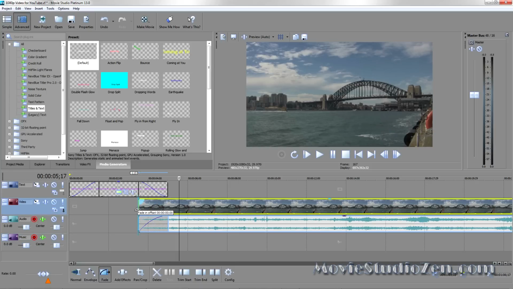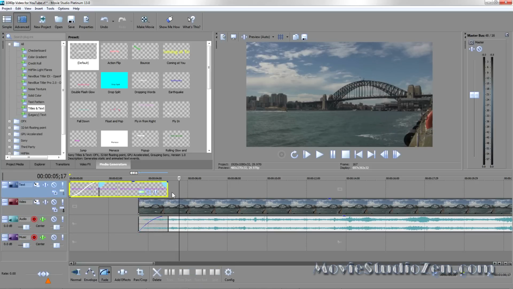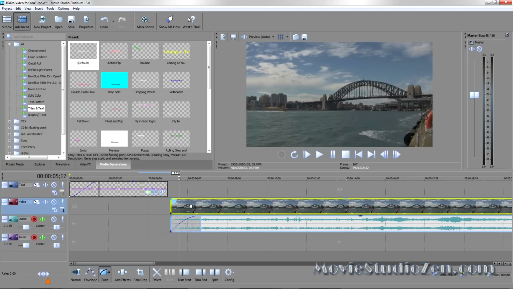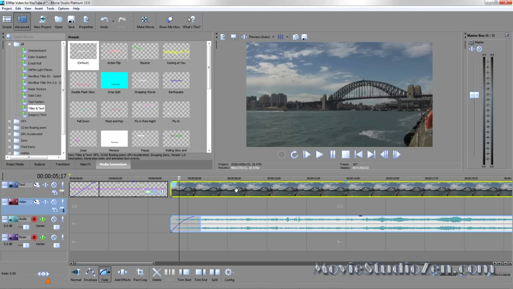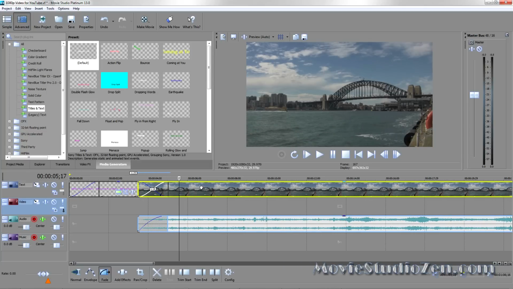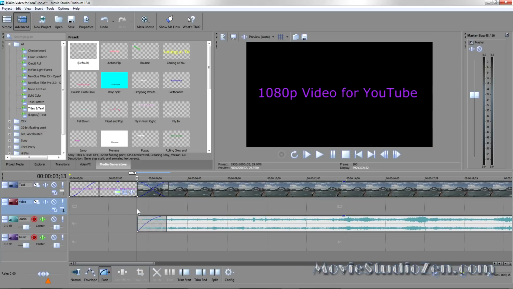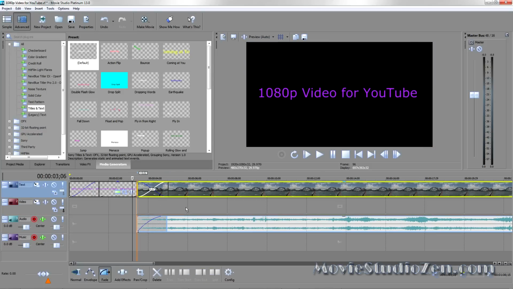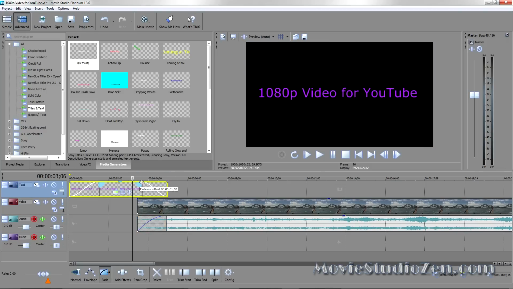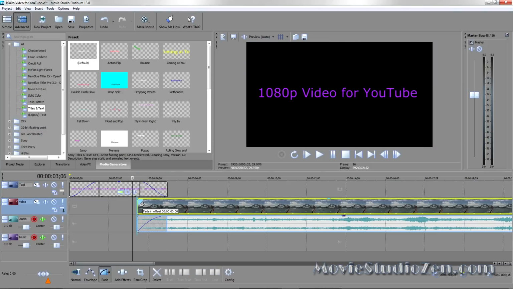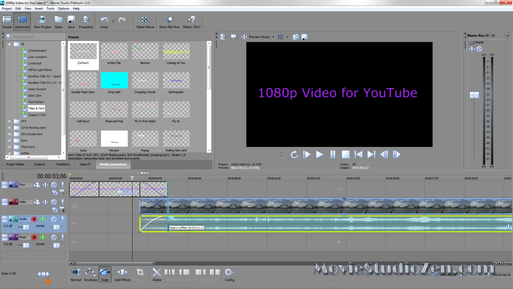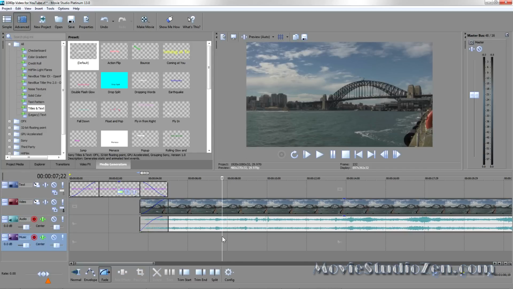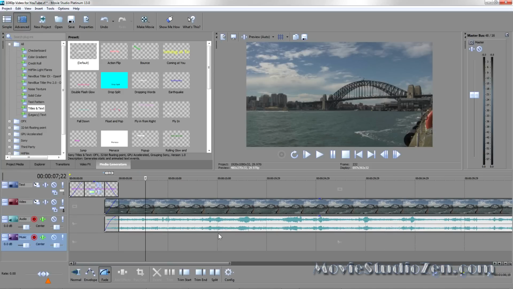Another way you can do a fade in and a fade out is to actually bring both sets of media onto the same track and just overlap them, and that will automatically do a fade in and a fade out. But I'm going to bring it back to this method. Oops, there we go. Beautiful, that'll do. Now I'm going to use the wheel on my mouse to zoom back out.